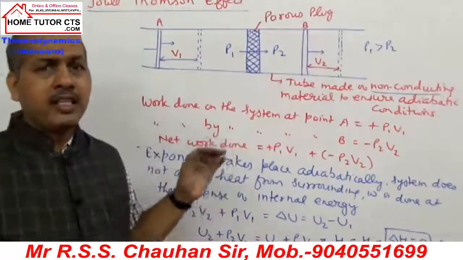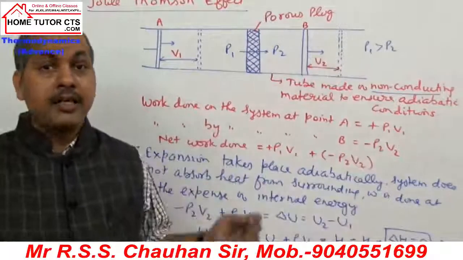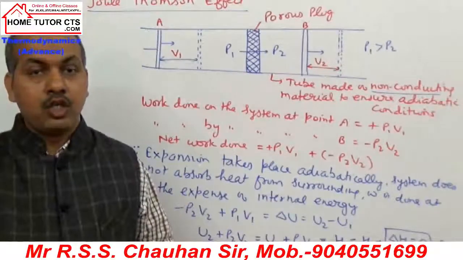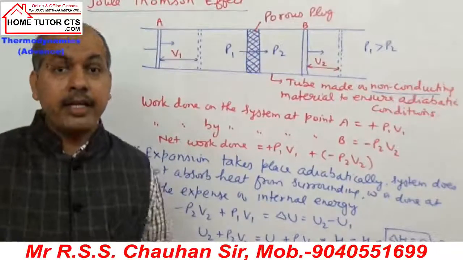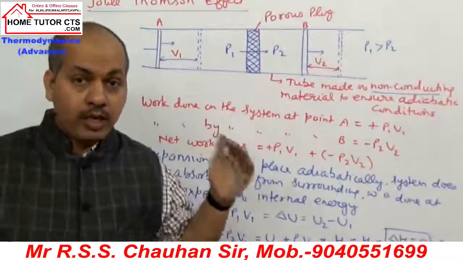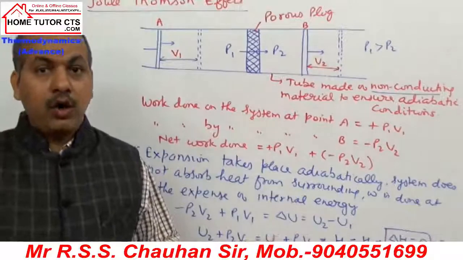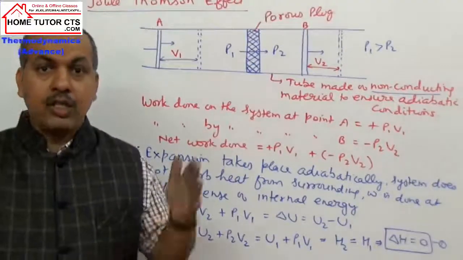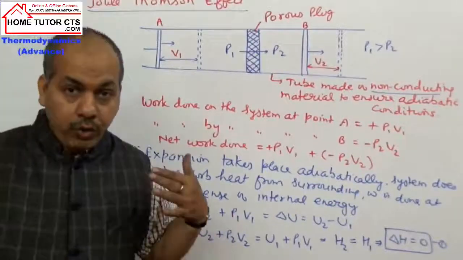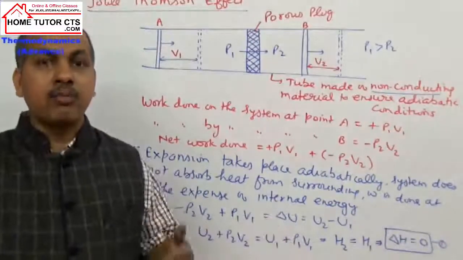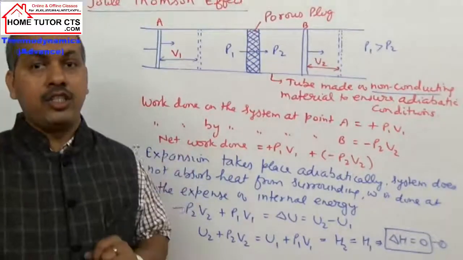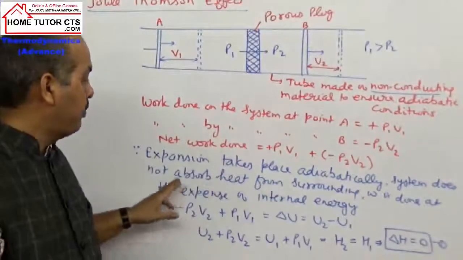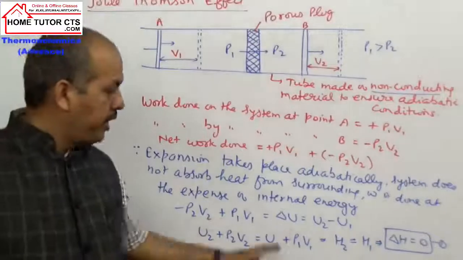Now you can see from here that this expansion of the gas takes place in what conditions? Expansion takes place under adiabatic conditions. So when the gas undergoes expansion adiabatically, what happens? The system will do work at the cost of system's internal energy, because Q will be zero in such a process. When Q is zero, that means for doing work, energy comes from where? The energy will come from the system's own internal energy. The system will do work at the cost of its internal energy. That means this total work you can equate to delta U, and delta U will be how much?